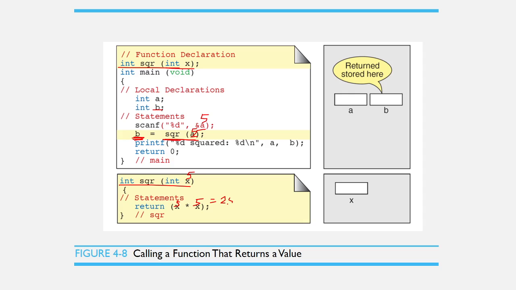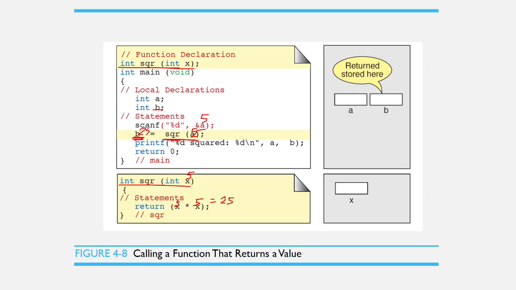So the value 25 will be returned to the main method, or the main function. So since the value being returned by square will be assigned to b, b now has a value 25.